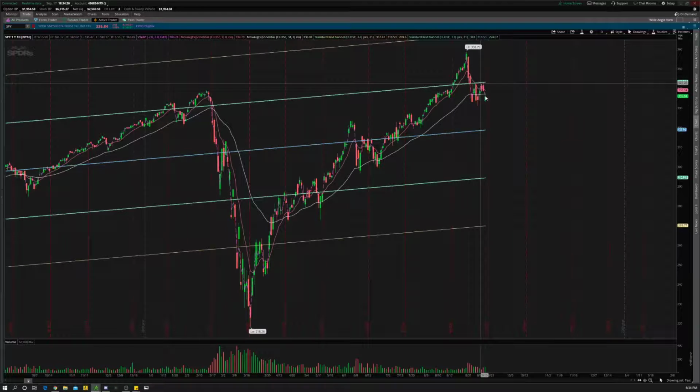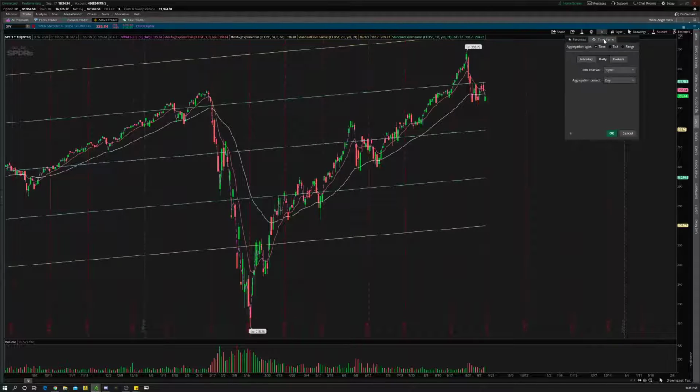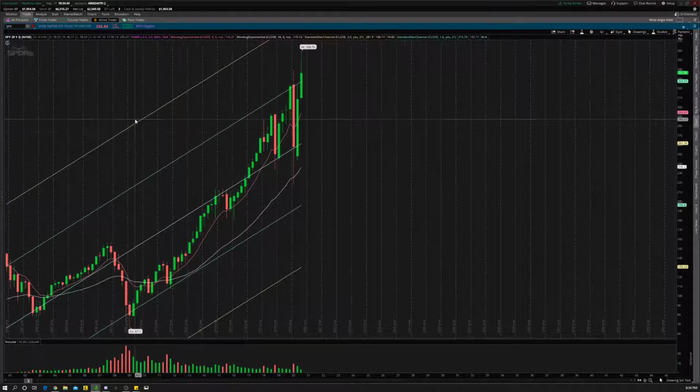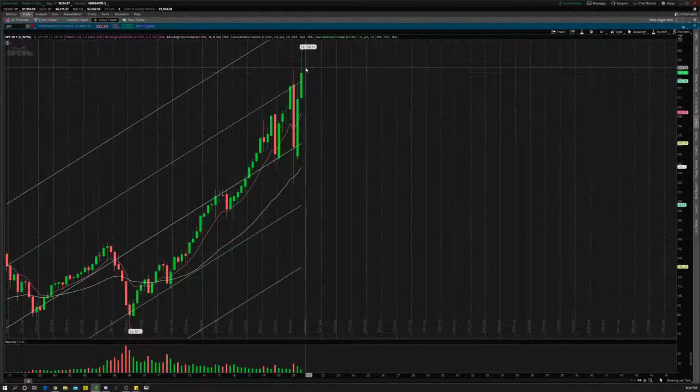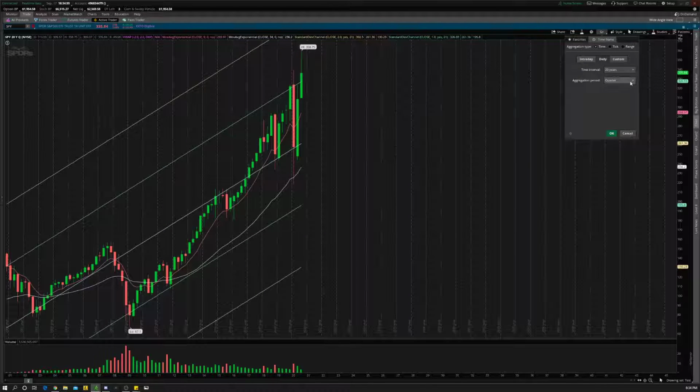Now, this looks, to some, a lot of people might say this is really bearish, but I want to show you, let's look at quarterly first. So we'll do 20-year quarterly. So you see that, according to the quarterly chart, we are looking really bullish. I mean, we're looking good up here. And if we look at the monthly,